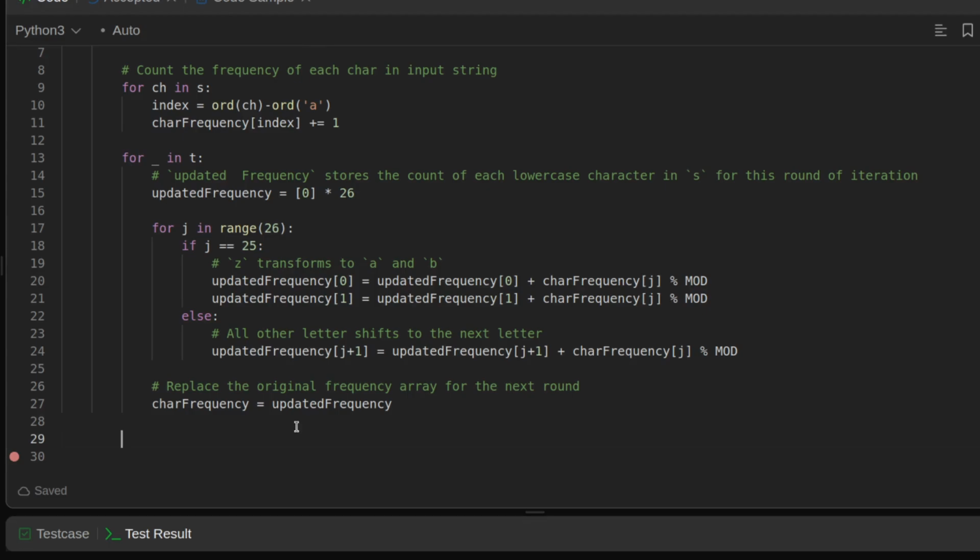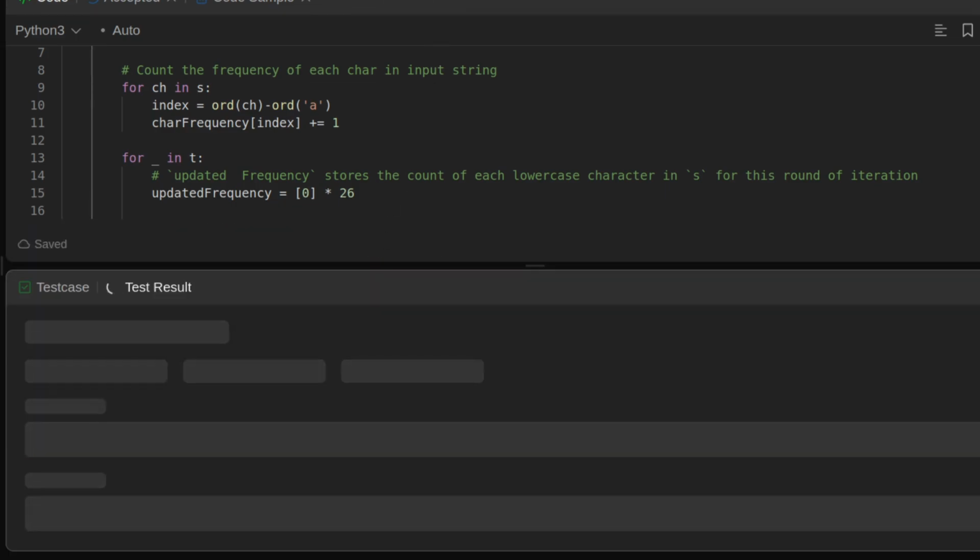So now finally we need to return the length of the char frequency. No, we don't have to get the length of the char frequency, it will always be 26. We have to get the sum of all those counts that are stored in that char frequency. So return sum of char frequency, right? But we'll do a mod for the smaller number, right? Let us run this code,